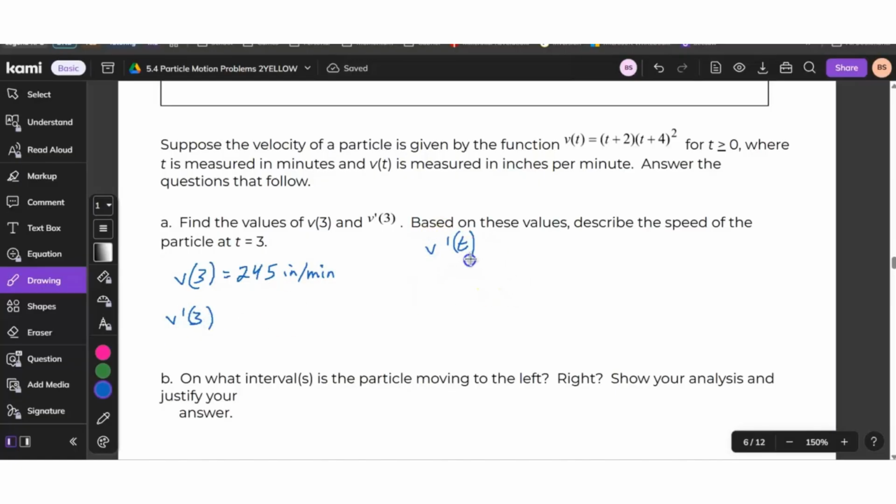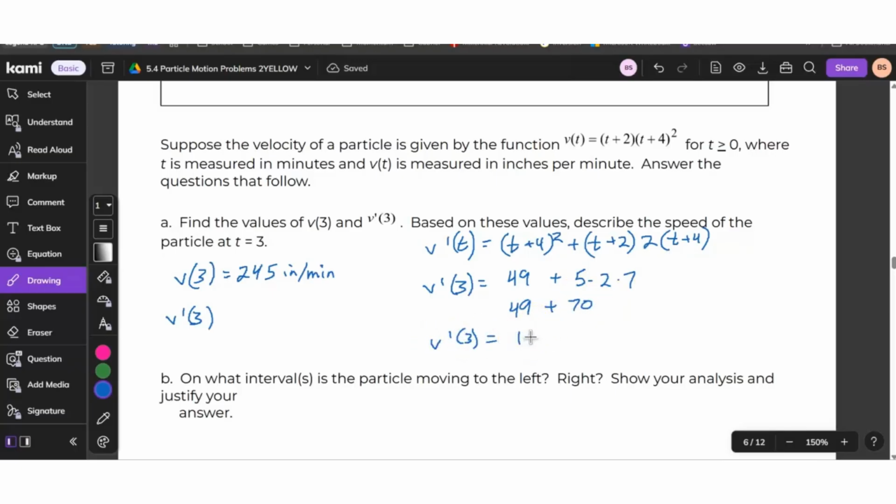So v of t. Probably in this case, it's easiest to just do the product rule. So the derivative of the first is 1 times t plus 4 squared, plus the first term times the second term squared, which is a chain rule, but it's a really easy chain rule because the derivative of the inside is 1. So it's just that, okay? So then I'm going to plug in 3 into that. What am I going to get here? I'll get 49 plus 5 times 2 times 7. So I get 49 plus 70. And so v prime of 3 is equal to 119